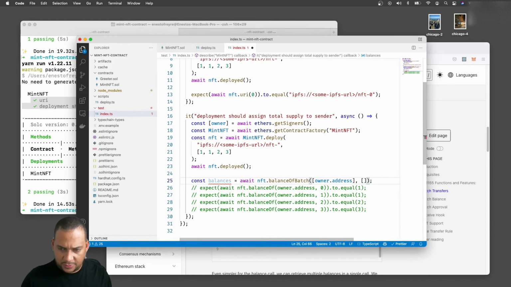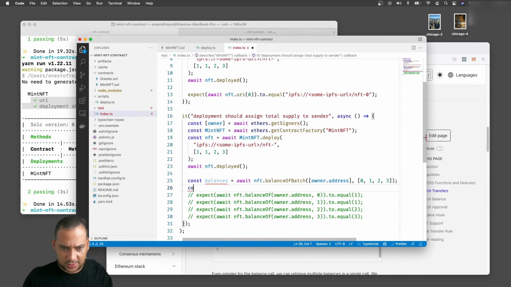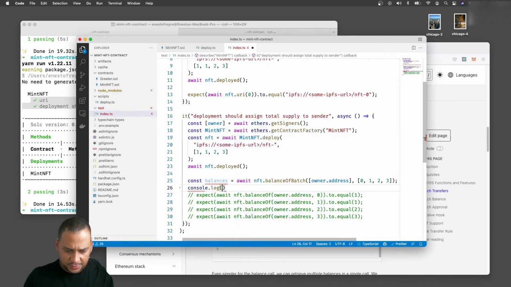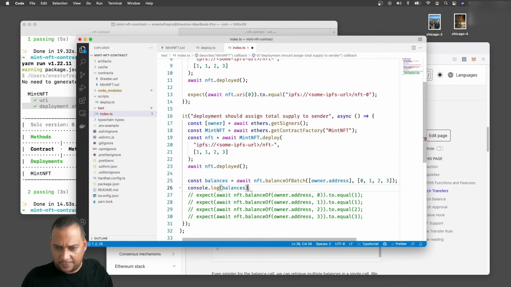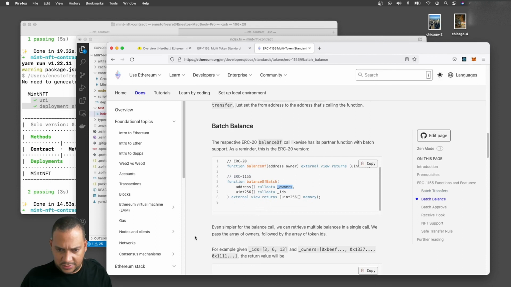So the IDs that we want are 0, 1, 2, and 3, because we have four tokens. And just for now, let's console log this, because I am not sure what is the output of this function. It seems like it's an array, but it says that it's a one-dimensional array of integers. So how those integers match with the owners.